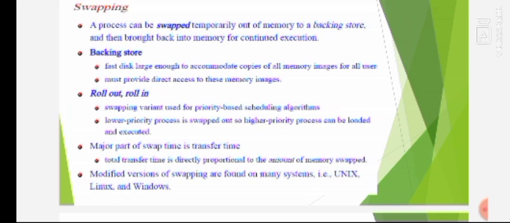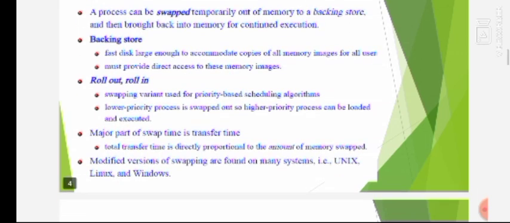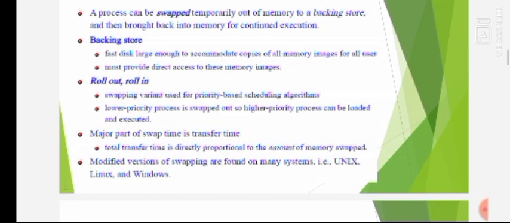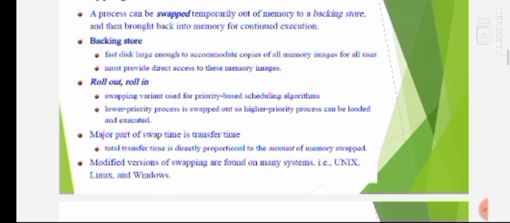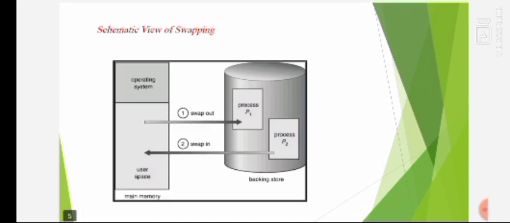Roll out and roll in. Roll out and roll in is a swapping variant used for priority-based scheduling algorithms, where a lower priority process is swapped out so a higher priority process can be loaded and executed. The major part of swap time is transfer time. Total transfer time is directly proportional to the amount of memory swapped. Modified versions of swapping are found on many systems, that is Unix, Linux and Windows. So this is the schematic representation of